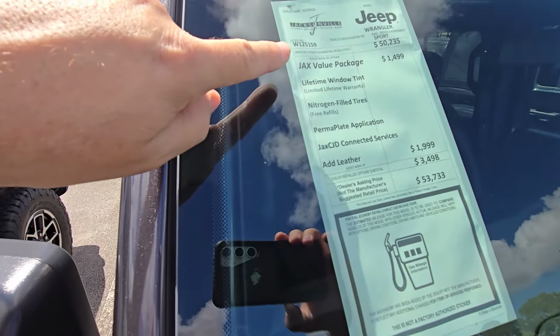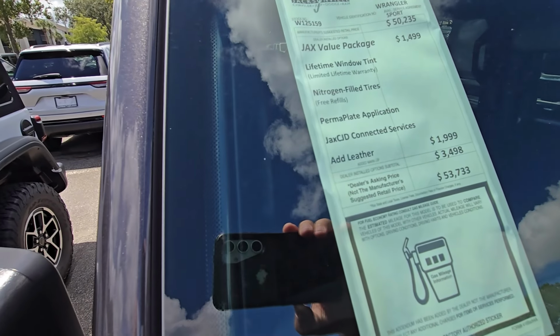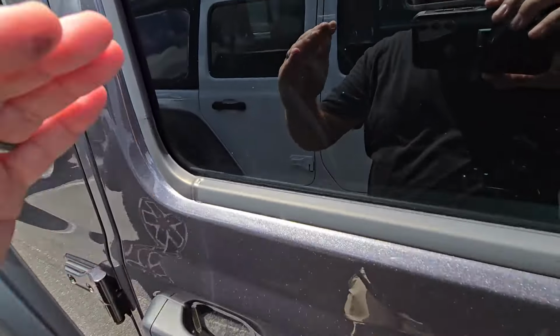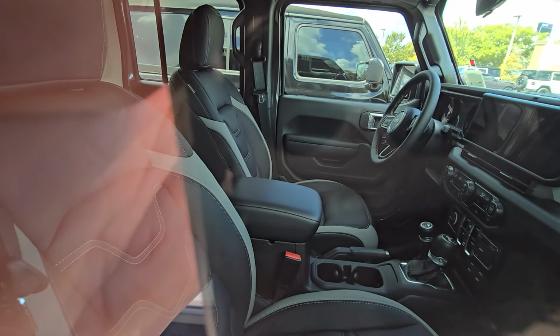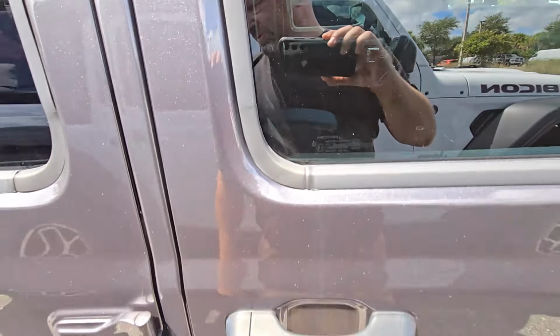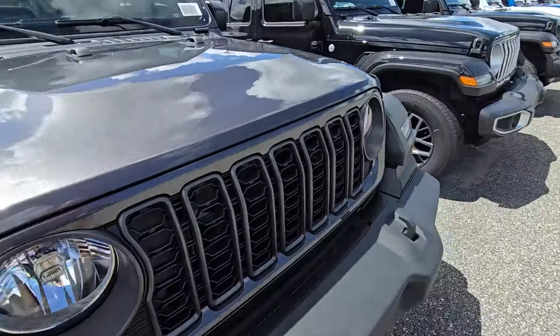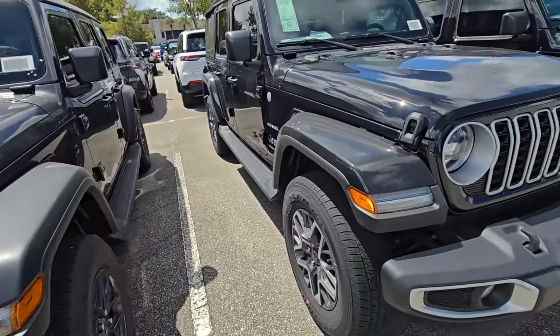They got their window treatments. You can see all of their stuff. Add leather, 2000 dealer add-ons and stuff. So they put their own leather in this. Is that what they did? It looks like they put their own leather seats in this or something they did to this. Not quite sure how all that works, but there it is anyway. And 53.7 soft top